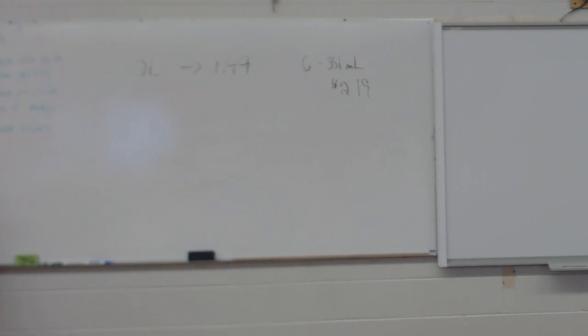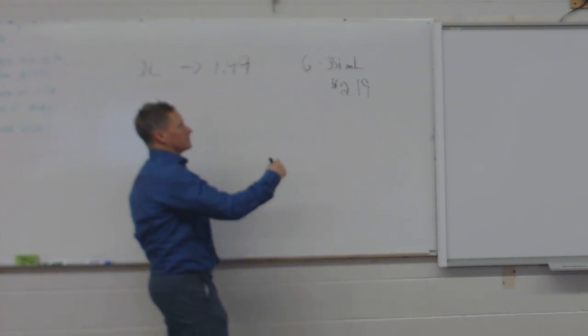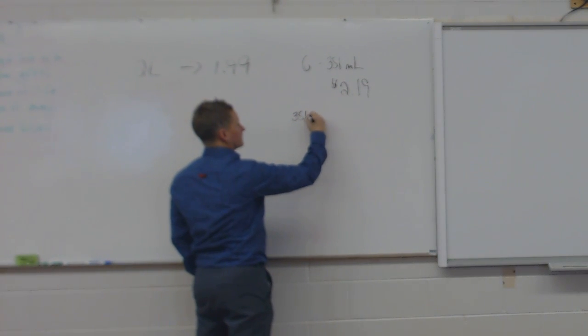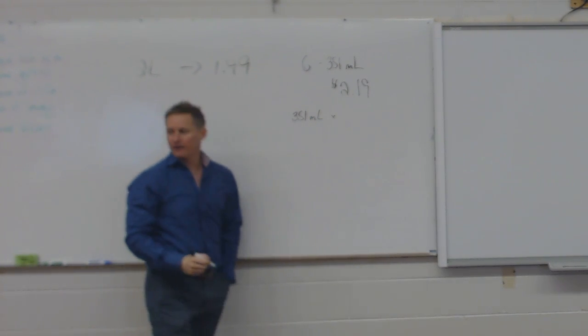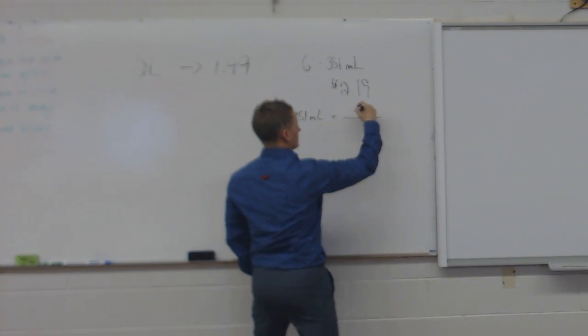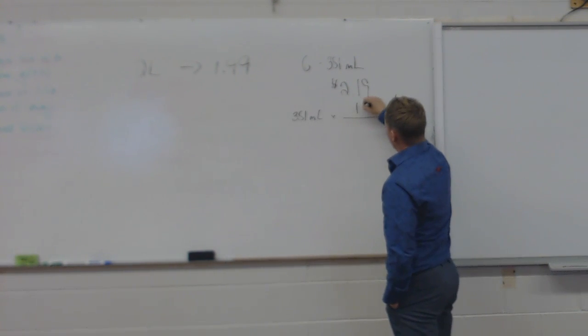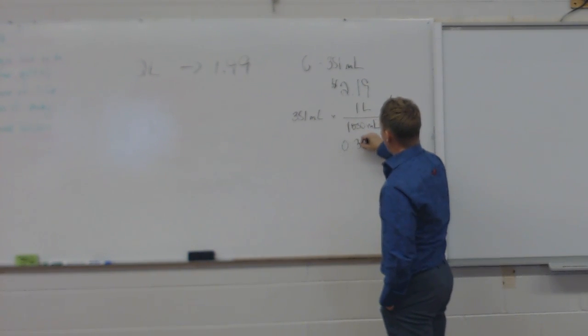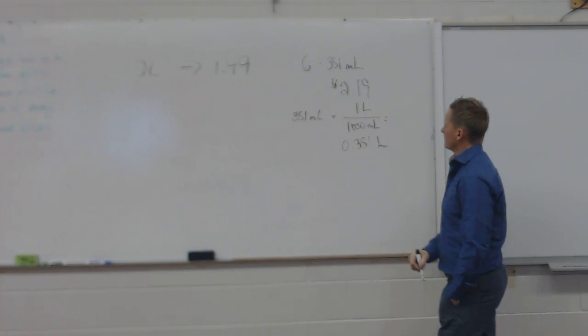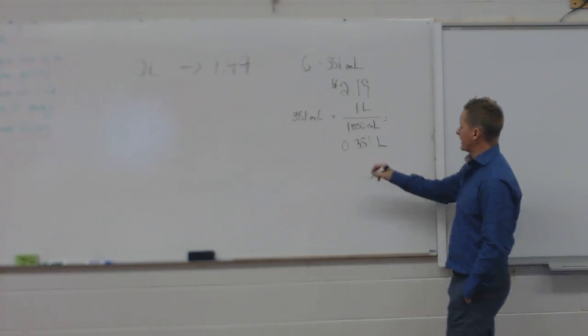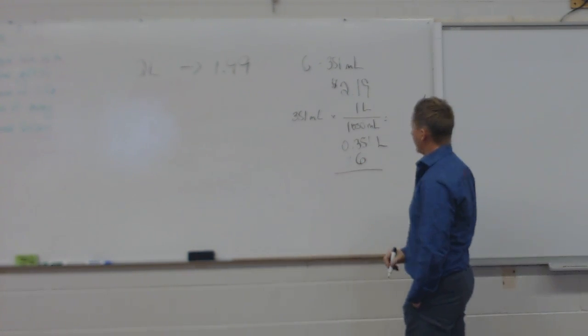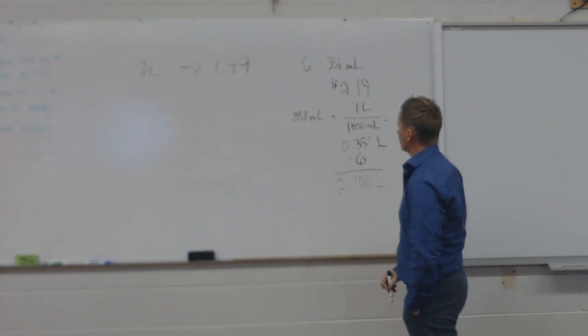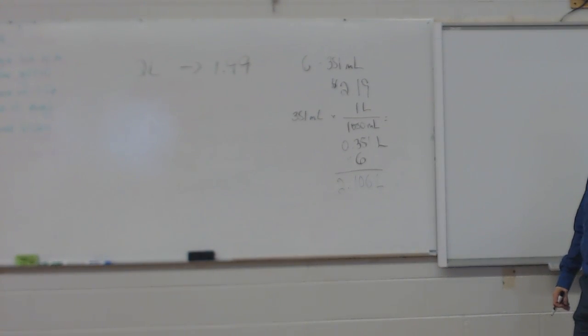Change the milliliters to liters. Okay. So how do I do that? Divide by 1,000. Okay. So what is the ratio then of liters to milliliters? 1 liter is 1,000 milliliters. Okay, very good. So then it's 0.351 liters right now. Okay, multiply that by 6. What do we get? 2.106 liters. Okay, so we have slightly more than 2 liters,